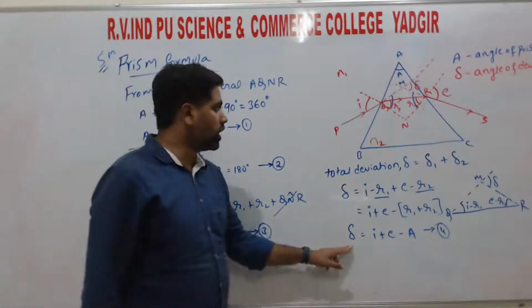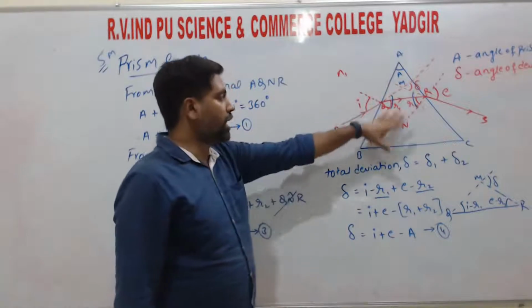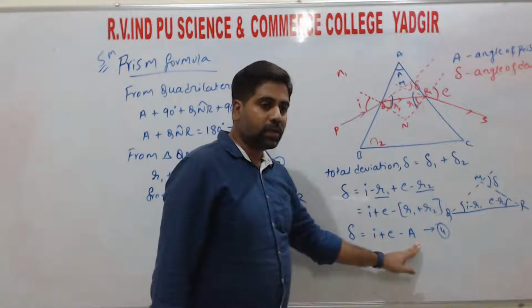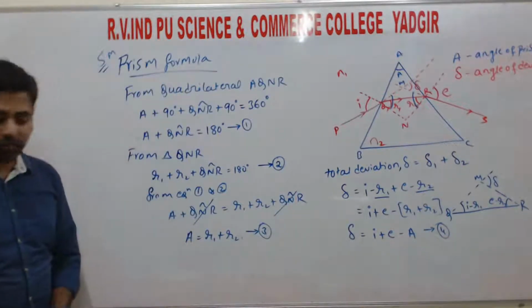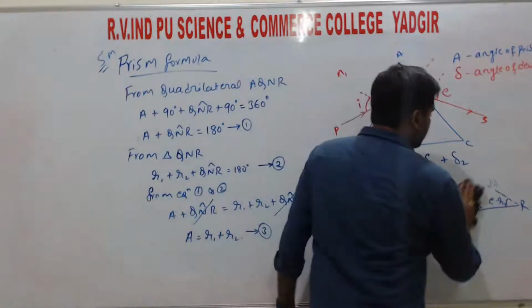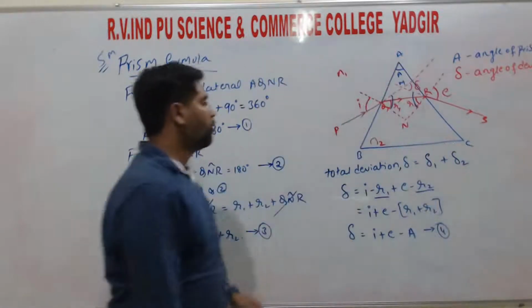So this is the total deviation produced by the prism, that is delta is equal to I plus E minus A. That we call equation 4, right? So in equation 3 we have A is equal to R1 plus R2, right? So next, the important thing is